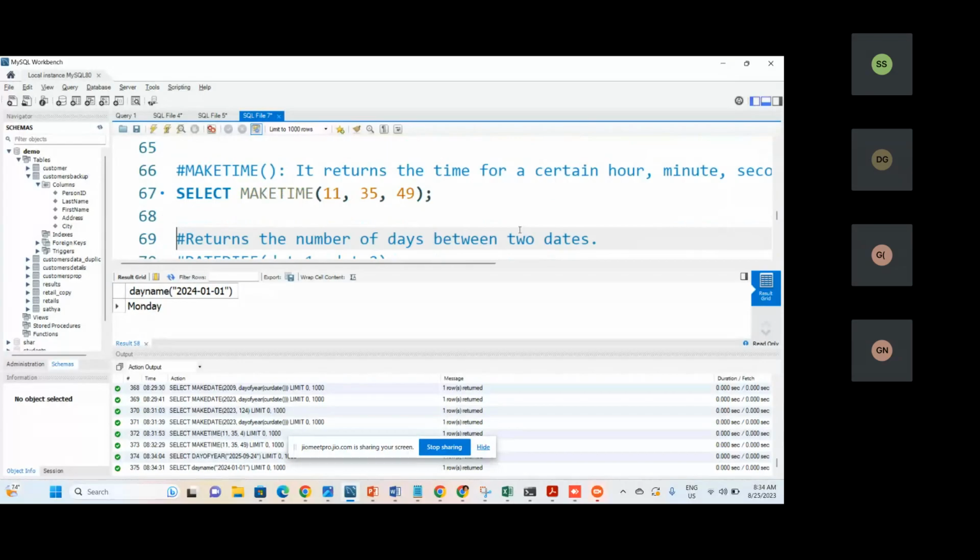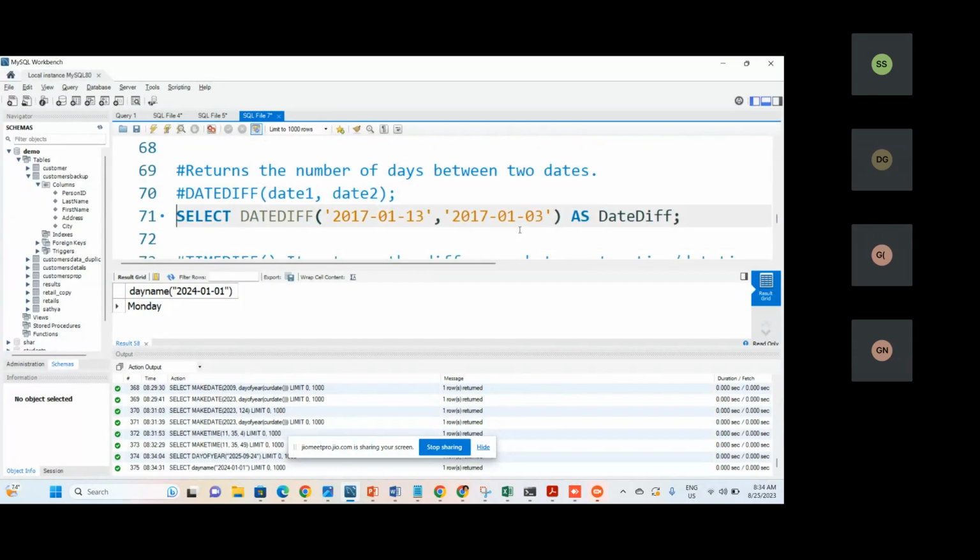Make time is done. And next, day difference. This day difference will give the difference between two particular dates. If you want to get the difference between two dates, you can use the date difference function. The syntax would be select day difference, and you need to pass the first date and the second date. If I run this,